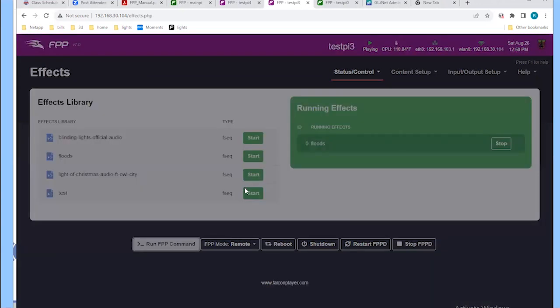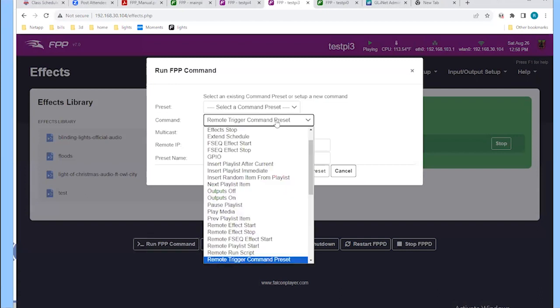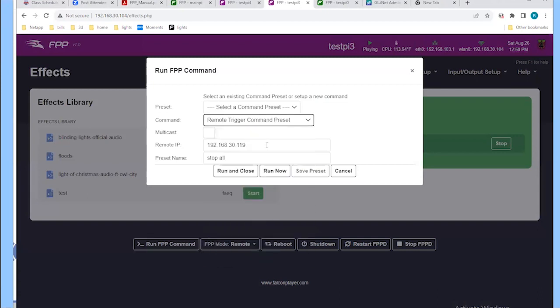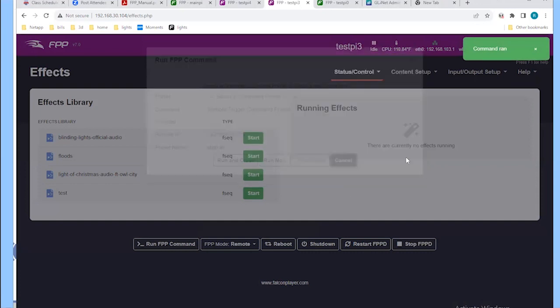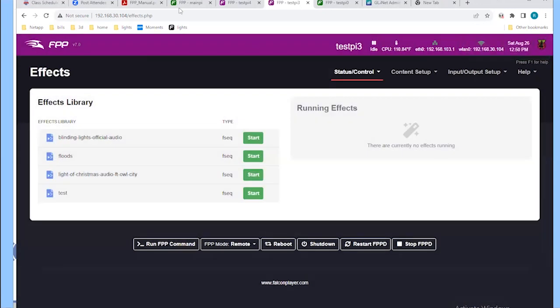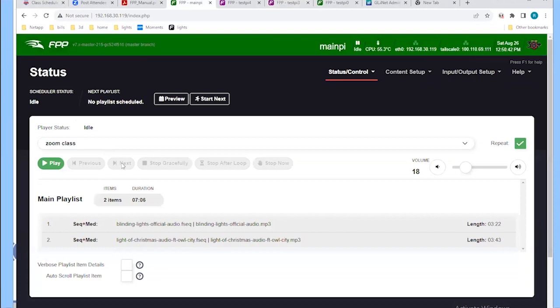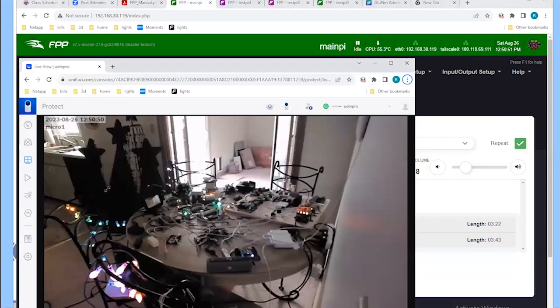But now if I go to run command and say stop all, and that was a remote trigger command preset on my main Pi, the stop all command preset we set up, and I say run now, that effect should stop, right? Because that did the effect stop on multi-sync, and my main Pi should have stopped that. So that is just running those commands that the buttons are set up for, since I can't actually push the button. So everything works as expected. And you can see that those lights are no